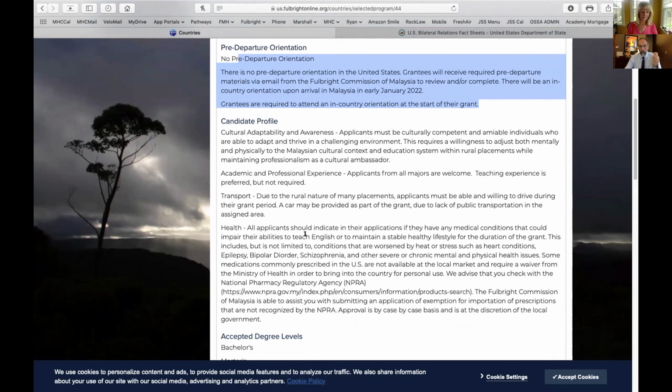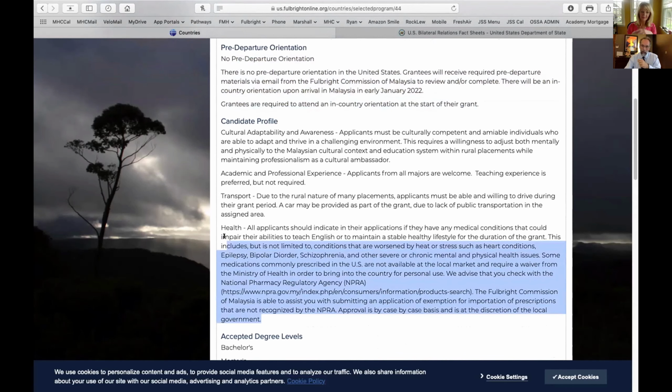If you spend time looking through a lot of countries, you'll see these. You might have a tendency to glaze over, but I'll tell you, don't glaze over certain things. Malaysia is a great example. Right in here, it's not in bold. It's not highlighted. It's not drawing your attention specifically to this key piece, but it's here. In the candidate profile section, they talk about health.